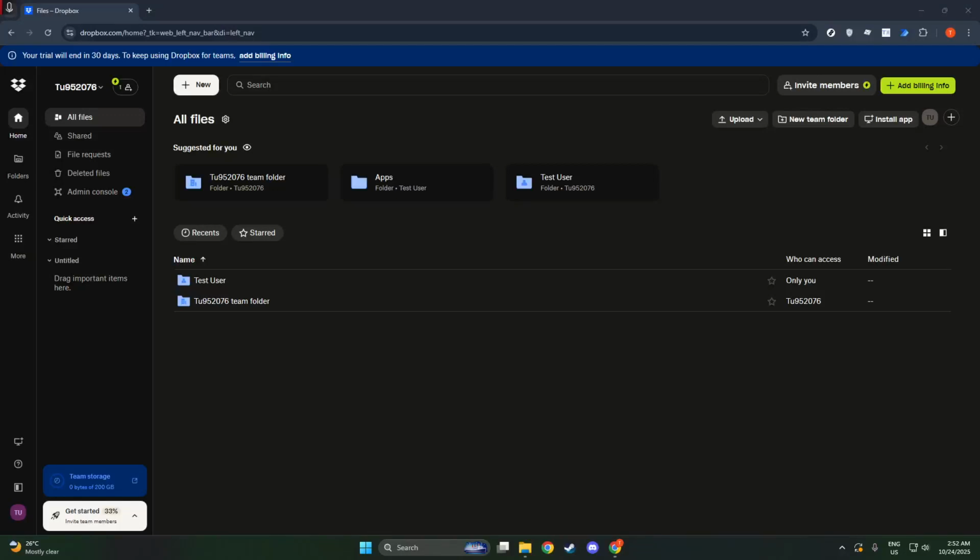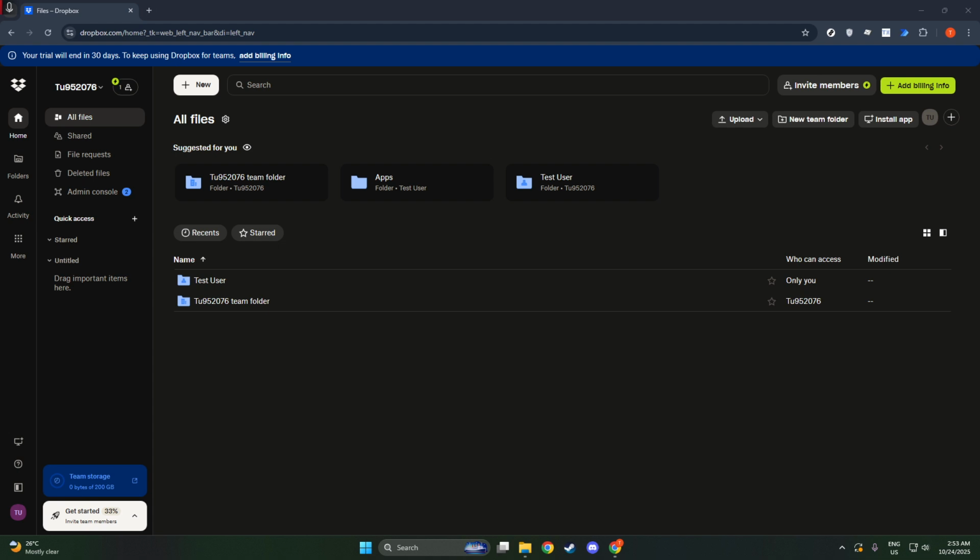In today's video, I'm going to teach you how to allow others to upload files to your Dropbox. This is a convenient feature when you need to collect files from multiple people without them needing their own Dropbox accounts. Whether you're gathering photos from friends, documents for a project, or any other type of file, this will streamline